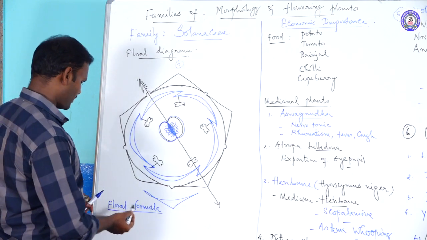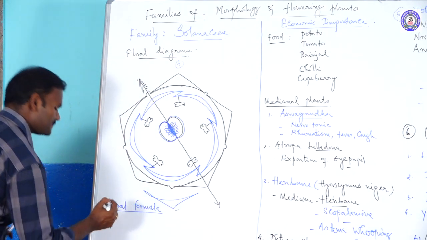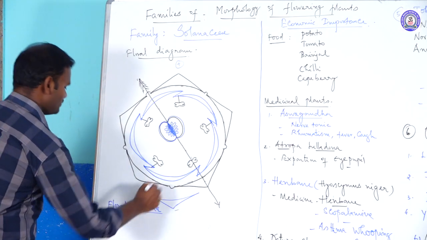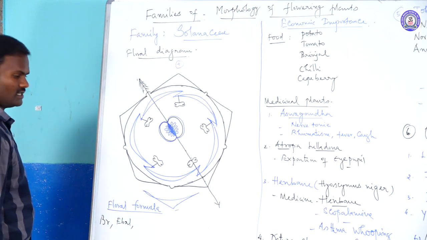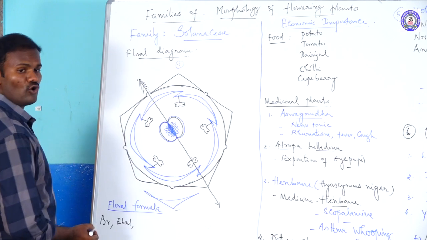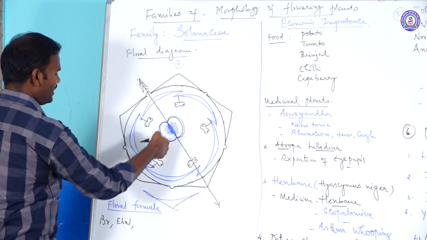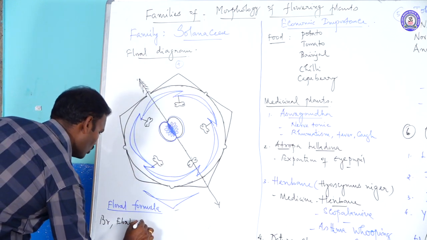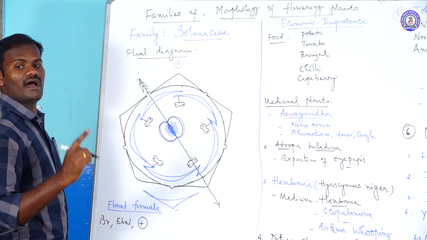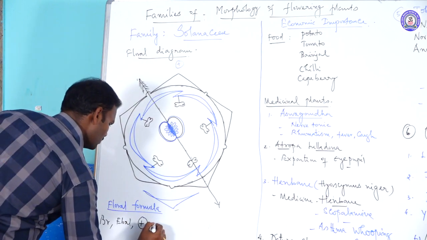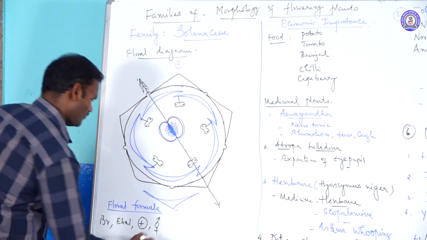Now, if you take the floral formula. First, bract is present. It is represented by Br. Second, bracteoles are absent, so E, B, R, L. The next, it is actinomorphic condition. The flower can be divided into equal halves by more than one median longitudinal plane. Except some species are zygomorphic, for example, Salpiglossis and Cestrum. The next is bisexual flower. Both androecium and gynoecium are present in the same flower.